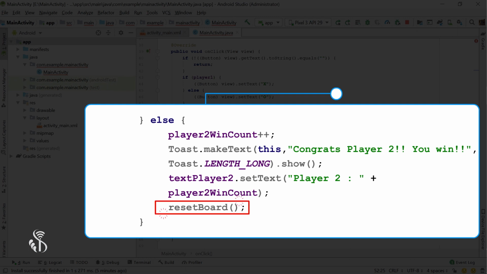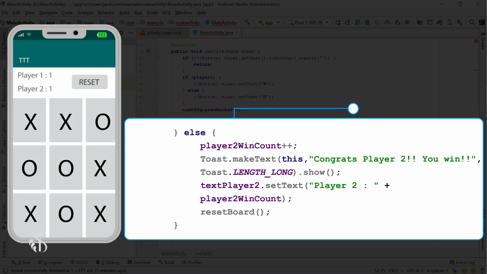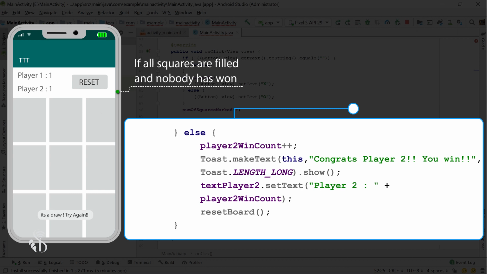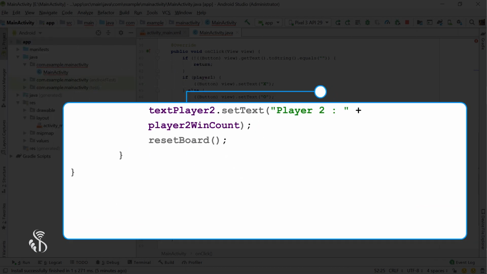// We will call resetBoard() in the end to empty all squares. resetBoard(); In case the game is not over, then we check if all the squares are filled. If all squares are filled and nobody has won, then we will display a message that it is a draw and clear all squares. }